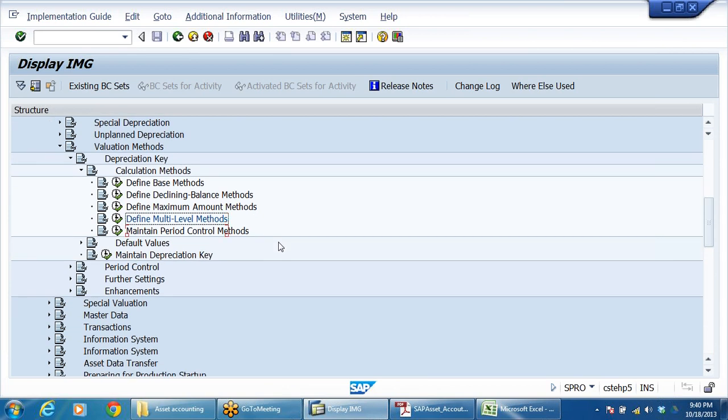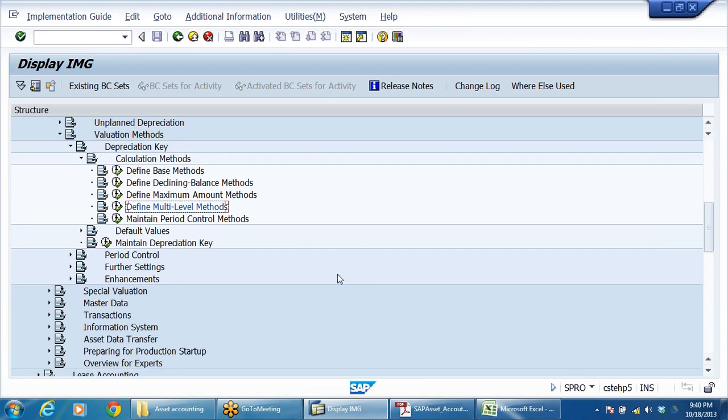So we defined the multi-level method yesterday. Now the next one: in order to calculate depreciation, we need two keys. One is the multi-level method key, and the other is the main depreciation key. So now we are going to define the main depreciation key. In the main depreciation key, all four keys that we defined in the multi-level method we have to insert. I'll show you how. Right now, maintain depreciation key. Go here, the path is